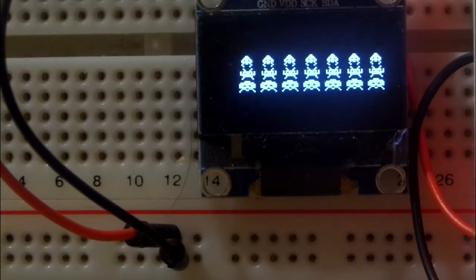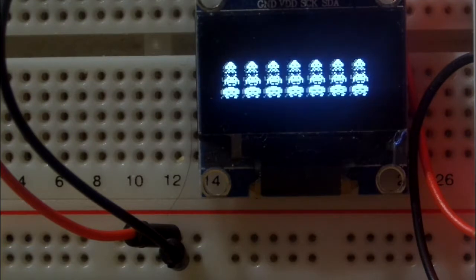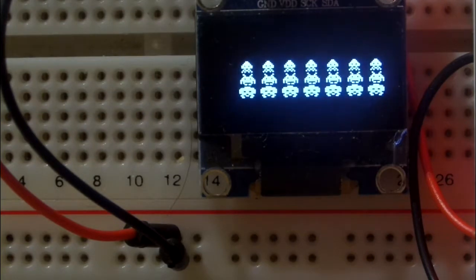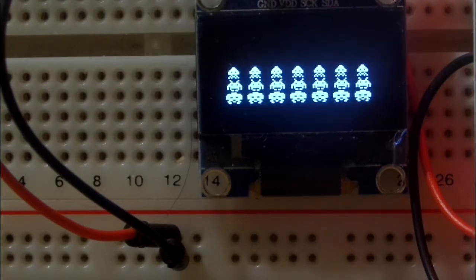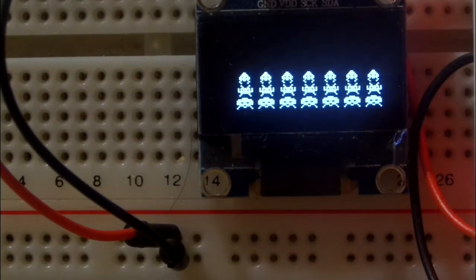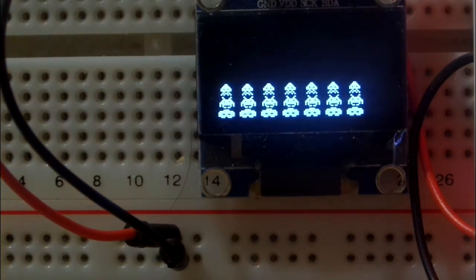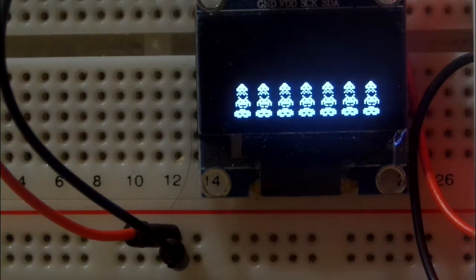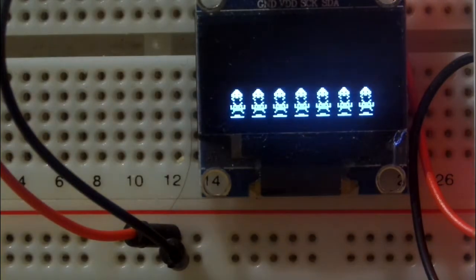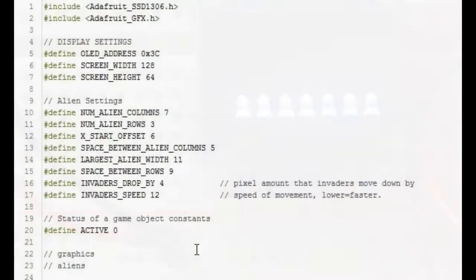I'm going to take that off screen now as well. Their speed is directly related to how many aliens are on screen on the actual display. If you read up on the history of Space Invaders, that was not an initial intention. It was just a byproduct of the fact that the processor technology at the time wasn't very fast, and as it had to deal with fewer aliens on screen, it had less work to do, so it actually did it faster. But then it turned out to be a really good game mechanic. So we've got those two, and